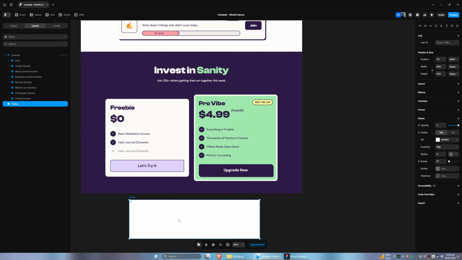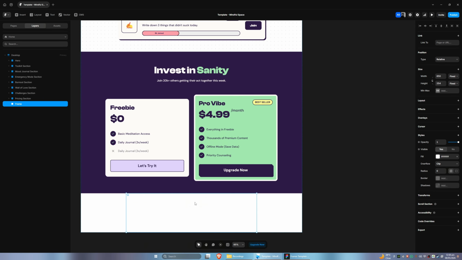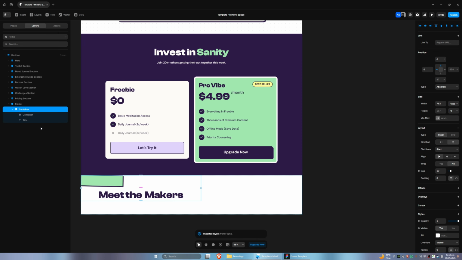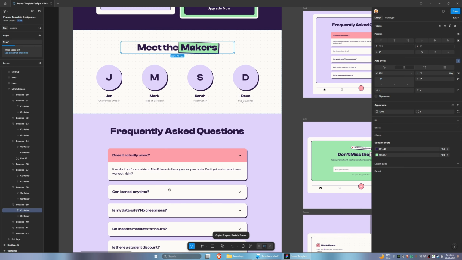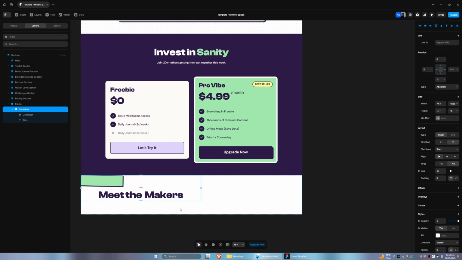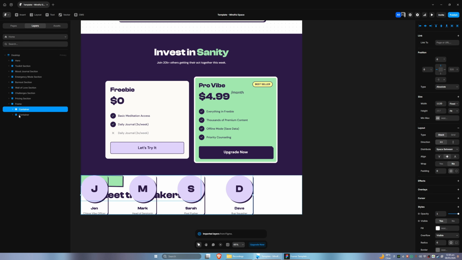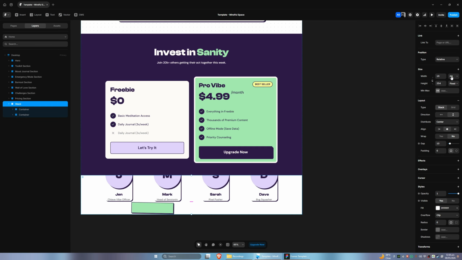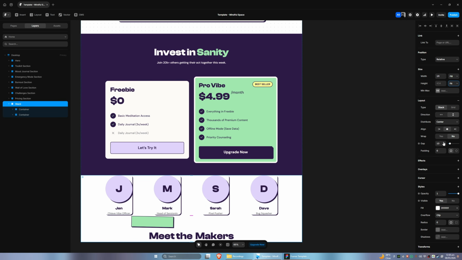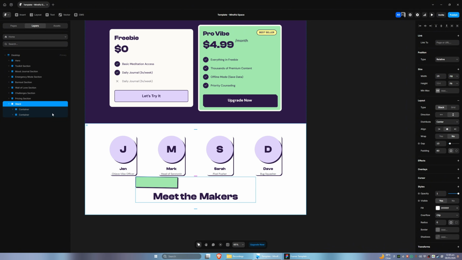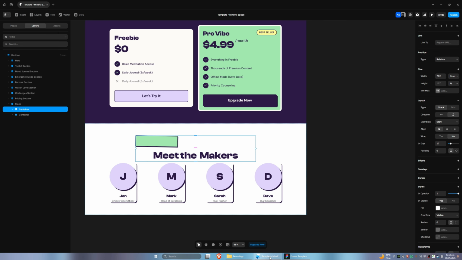I'm gonna add a frame. Let me put it here. Set the width to fill based on the exported content. Let's go back to Figma and select the next container. Figma to HTML, copy, and then we can just paste it in. Now we have to move this up, add the flex layout with vertical direction. Let's make this fit content. Let's also add 80 pixel padding, and